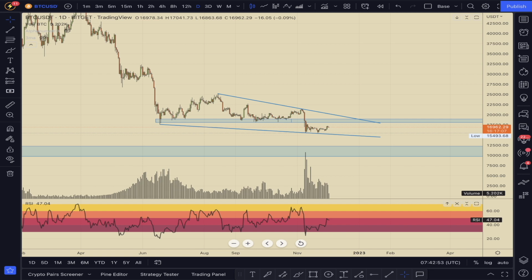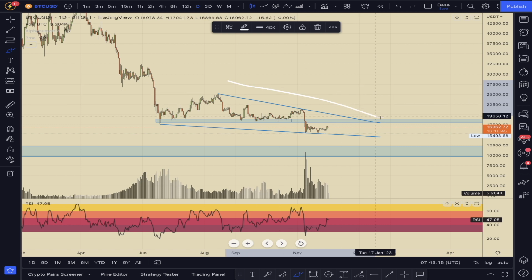I want to take a look at Ethereum and the rest of the macroeconomic environment, taking a look at the dollar and the S&P 500, trying to determine if we are coming off of a low here. So we're in this kind of bullish consolidation. It's turning into, we got two conflicting things. Let's talk about the bullish, then we'll talk about the bearish.